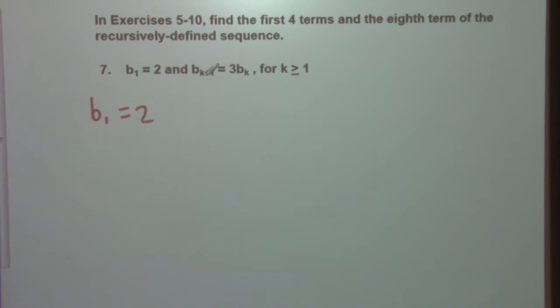To get from b sub k minus 1 to b sub k, we multiply by 3. So what is 2 times 3? 6. And what's going to be b sub 3? 18. And b sub 4? 54. And then b sub 8 is going to be,